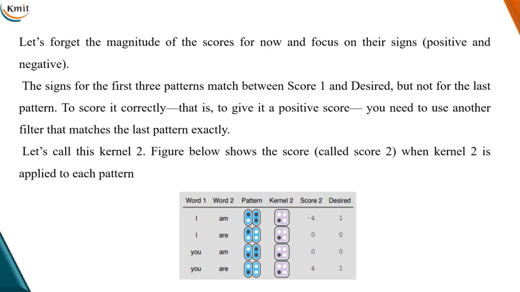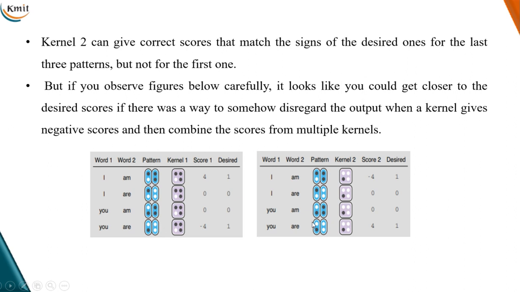To score it correctly, that is to get a positive score for the last case also, we need another filter that matches the last pattern exactly. So now let's apply a different kind of kernel, as you can see in the figure below. Let's call this kernel 2 and calculate score 2. Kernel 2 gives the correct scores that match the signs of the desired ones for the last 3 patterns. Here it was the first 3 patterns, here it is the last 3 patterns, but for the first one it is